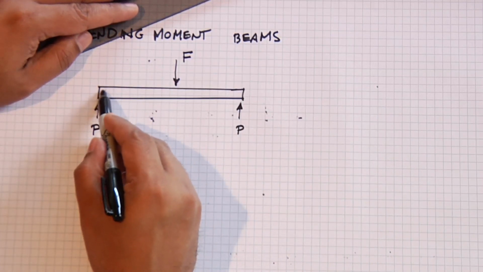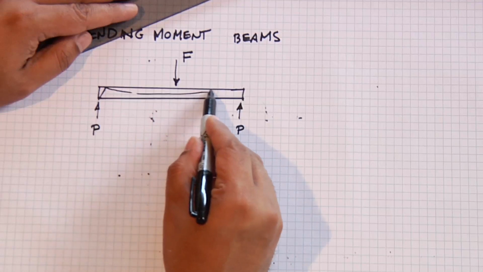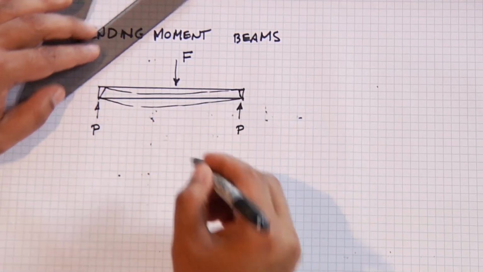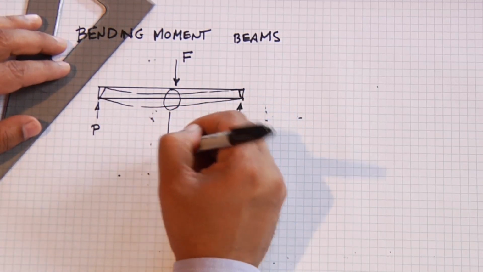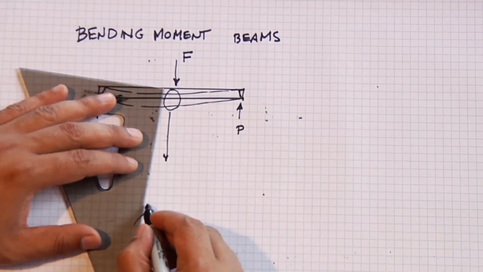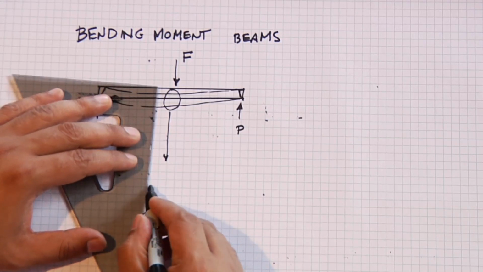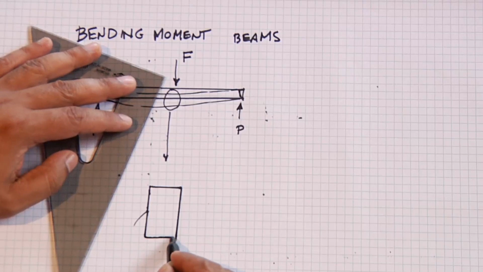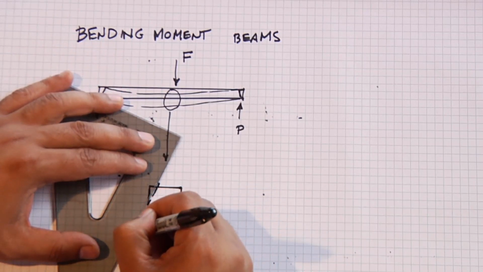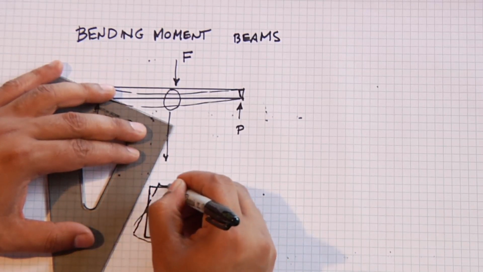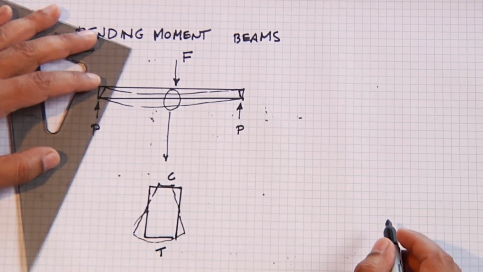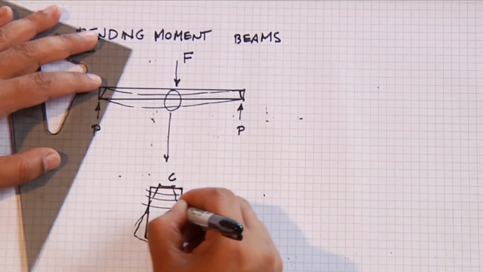This beam resists the load by going into bending, and so the elastic curve looks like this. And if we took a picture of this and we blew it up, what's happening is the beam element, which started off as a rectangle, is going into bending, where the top part of the beam is going into compression and the bottom part of the beam is going into tension. And so these fibers in the beam